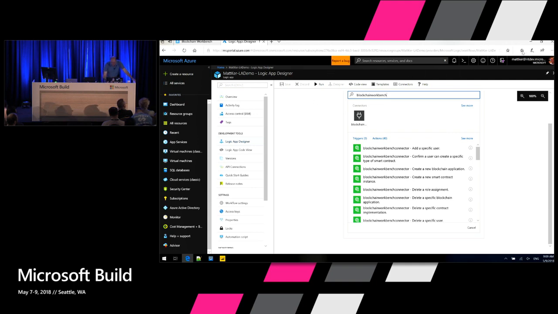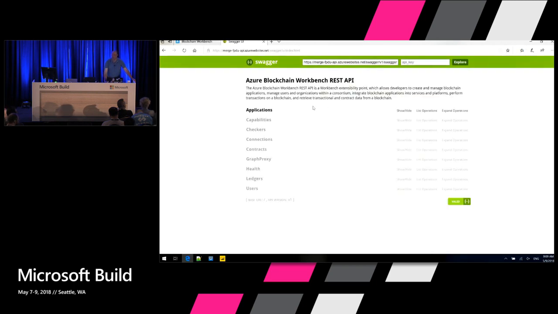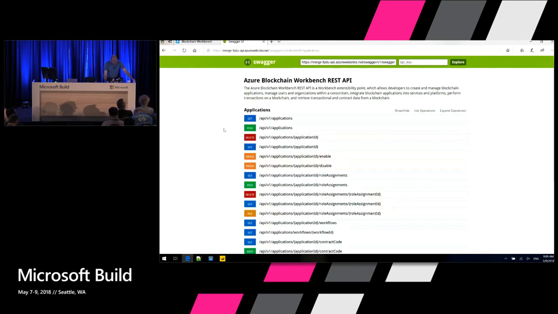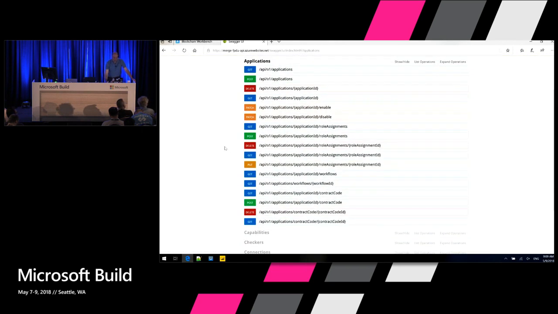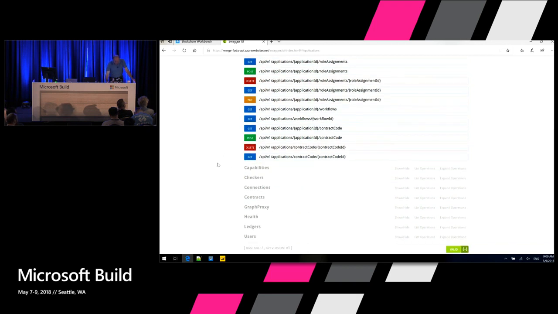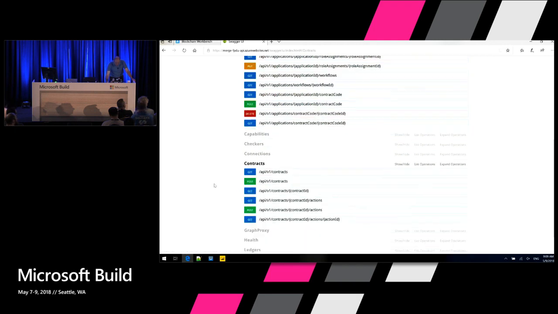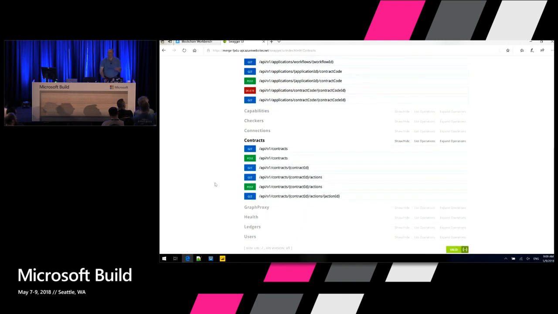I also should probably show you that REST API. Let me do that. You get an API endpoint when you deploy. There's a variety of different capabilities here. You can interrogate the set of applications that are deployed, deploy new ones, configure them, et cetera. You could look at the individual contracts that are deployed, the instances of those applications that run, and you can get their status, and you can drive updates to them. So all of this should be relatively familiar, and if you learn the object model, which is fully documented on docs.azure.com, you'll be able to then follow what goes on here.